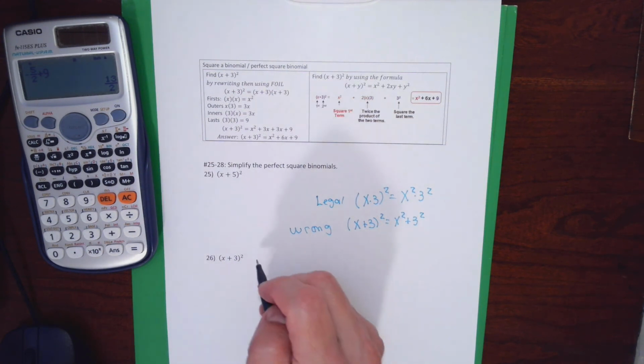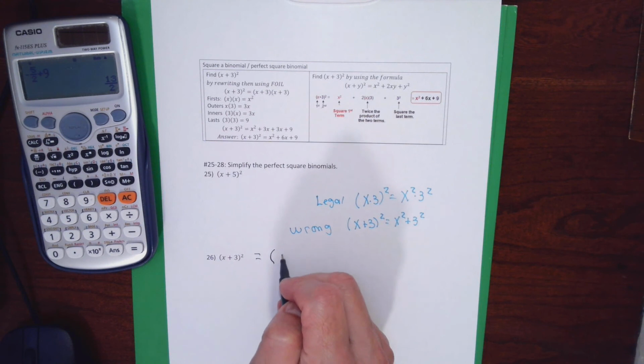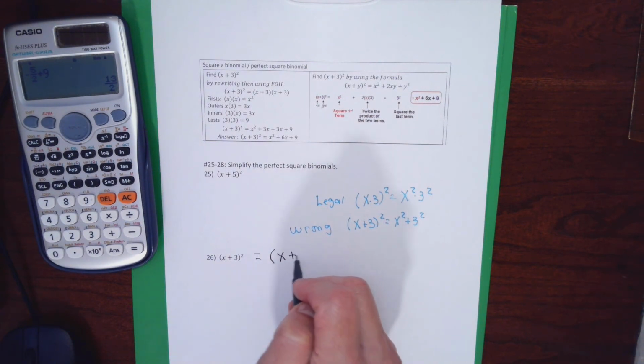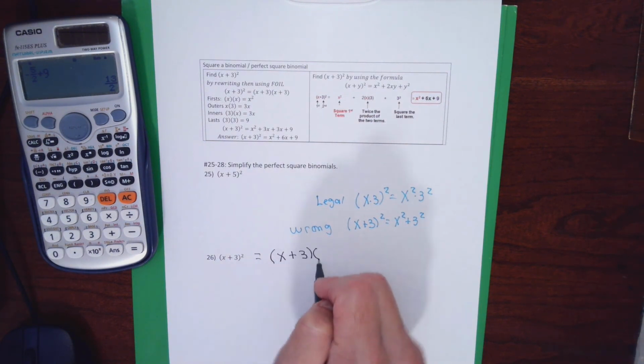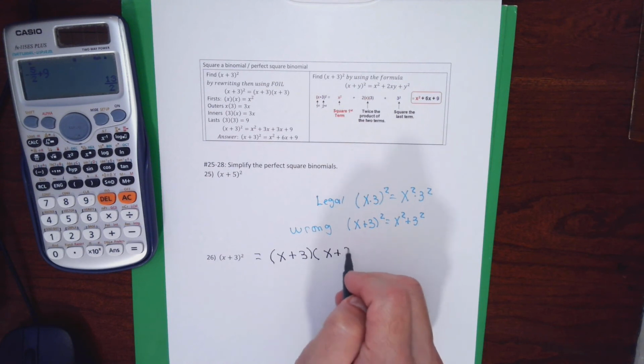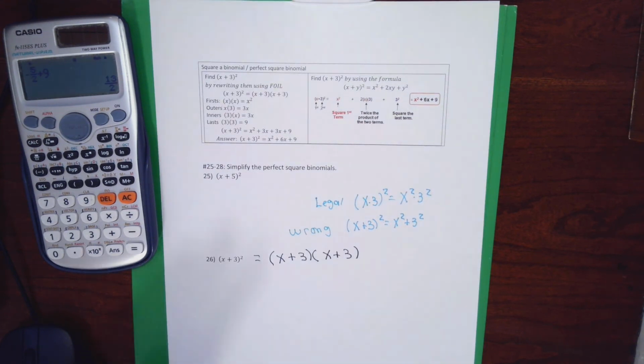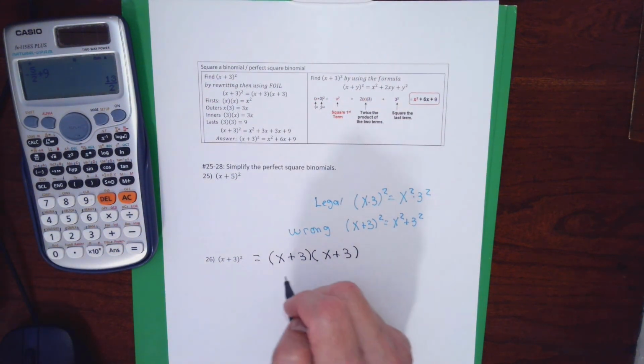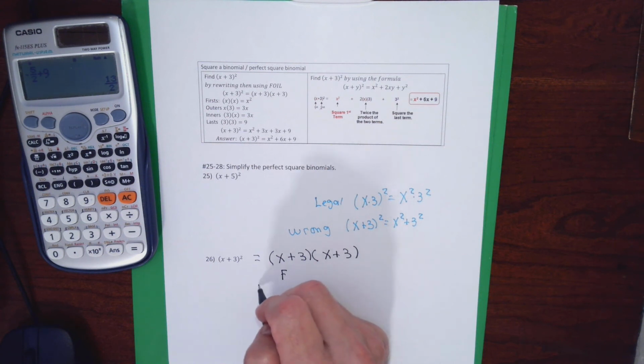The way that I like to teach these is just to rewrite the problem so that it doesn't have the exponent, and then just do FOIL. There's a formula way to do it, but why learn a formula when I can just rewrite the problem in FOIL? So for this problem, 26, I'm going to rewrite it, and now I'm going to do firsts, which are